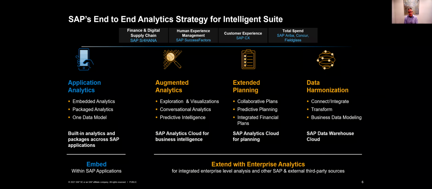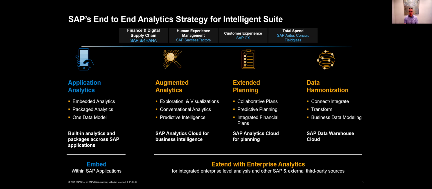We have created planning content to help you get started on your journey with SuccessFactors. We also provide the ability to do machine learning capabilities and leverage SAP Analytics Cloud for the augmented analytics and planning capabilities that you see here. And so what we also are seeing is that customers want to start by harmonizing their data. And we have a new technology, a new software as a service called Data Warehouse Cloud that helps you get started